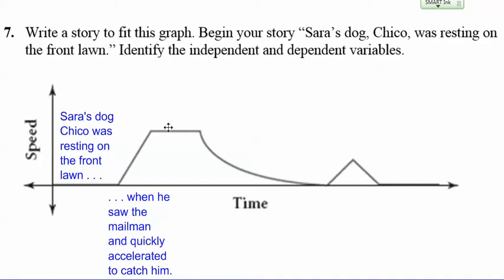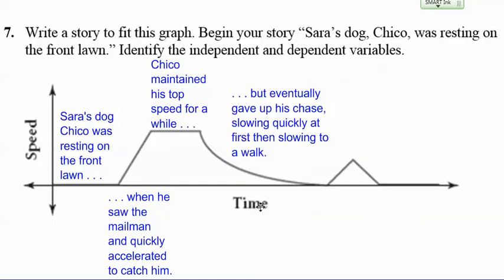And then what happened here? Chico maintained his top speed for a while, chasing after the mailman. So the mailman's driving down the street, and he's chasing after him. He was not resting here. This is a measurement of speed. This is also not a measurement of height. Some people thought it was a measurement of height. It's a measurement of speed. So he's reached his top speed, and he's maintaining that until